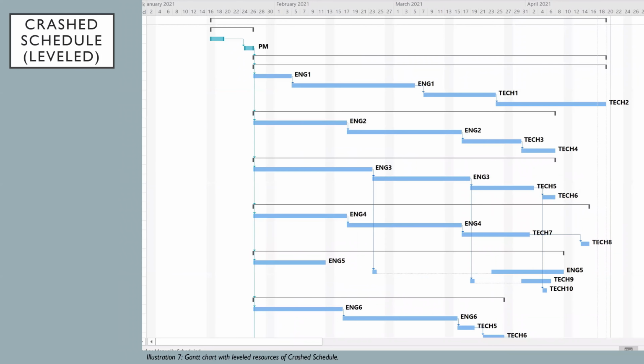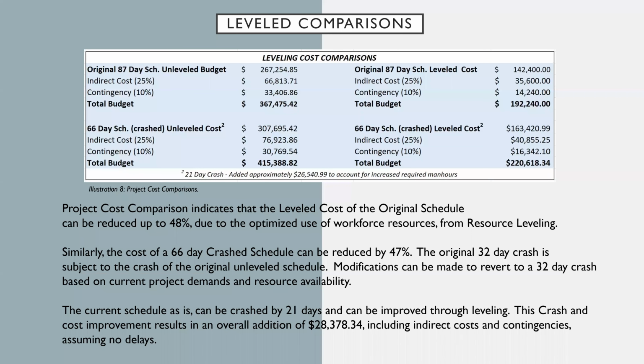So this is the same, but this is for the crash schedule, and this is leveled. And this right here is the leveled comparison. So to the top left, original 87-day schedule, unleveled budget. So these numbers came from assignment 4. So these are the original numbers. And the total budget came out to